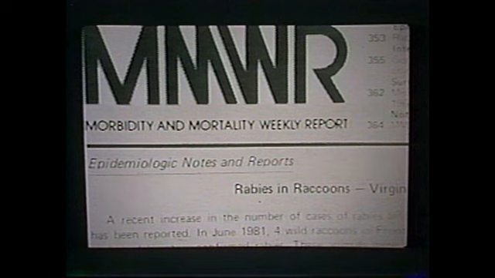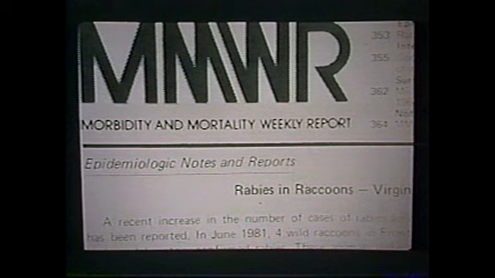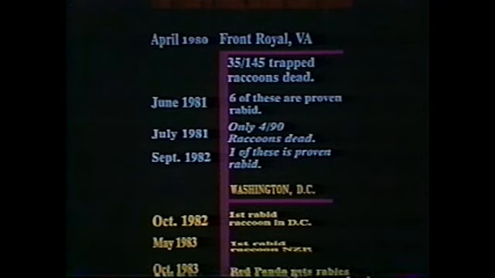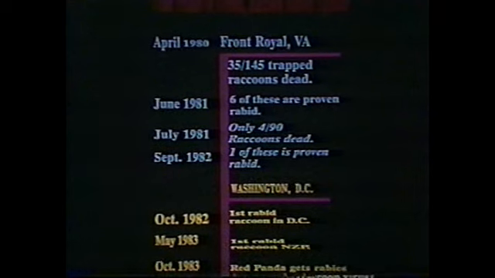It began around 1980, and we have a facility in Front Royal, Virginia, in which there are many raccoons in the natural setting. And there was at that time a die-off in the raccoons that turned out to be rabies. And this was the beginning of the epizootic,